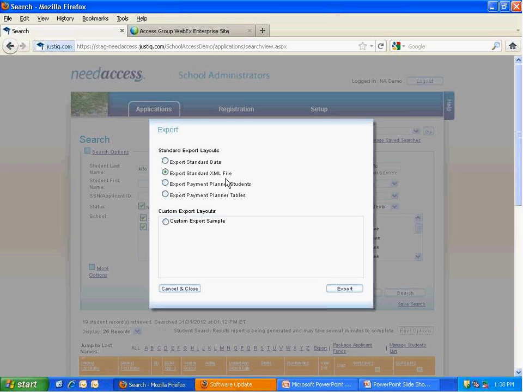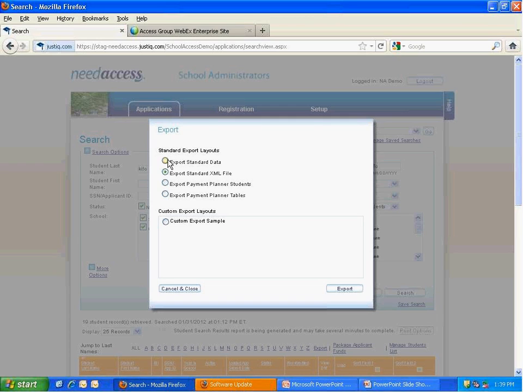It's used by schools to export need access data into external third-party systems like Banner, PeopleSoft, any of your FAM systems. The format of the file, as I said, is XML, which means that every data item in the file is tagged with the name of that individual field. So, for example, the first name, let's say Anne, is preceded by a tag that says first name, and then followed by a tag that says close first name. So any third-party system knows exactly how to process each individual data field,